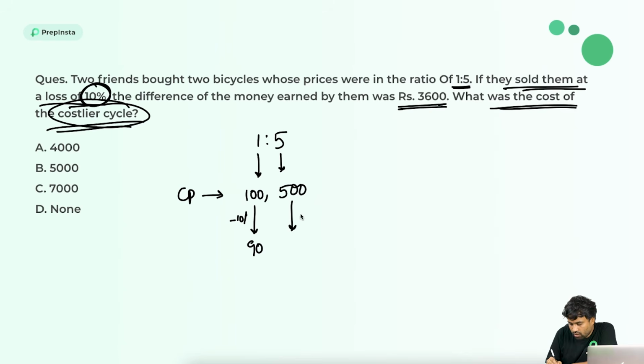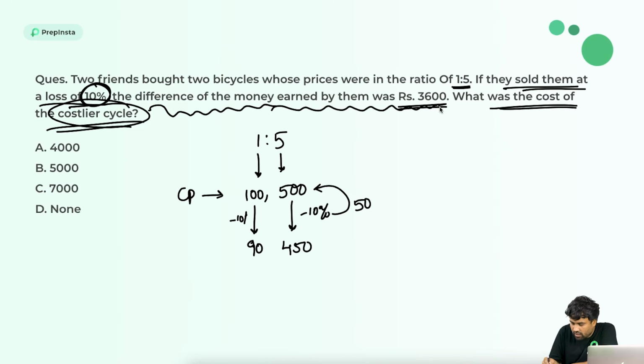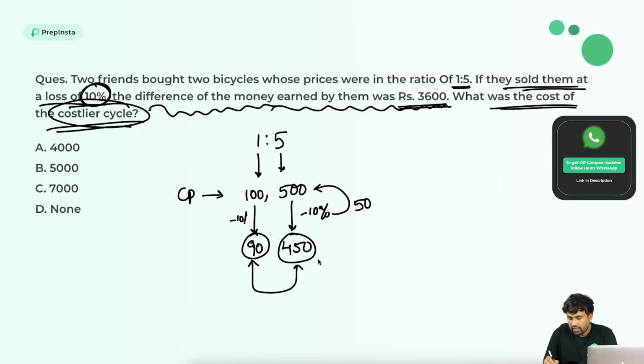And the second bicycle also you are selling at 10% loss. What is 10% of 500? 50 rupees. So if you subtract 50 rupees, you are selling for 450 rupees. And according to the problem, the difference of the money earned by them was 3,600 rupees. The money earned by them is nothing but, after selling the bicycles, they got 90 rupees and 450 rupees. So the difference between the amounts they got is given as